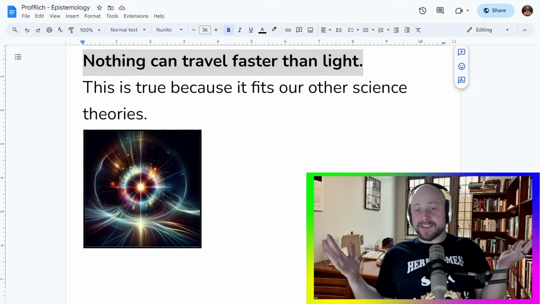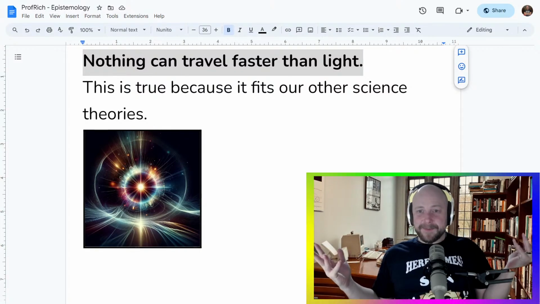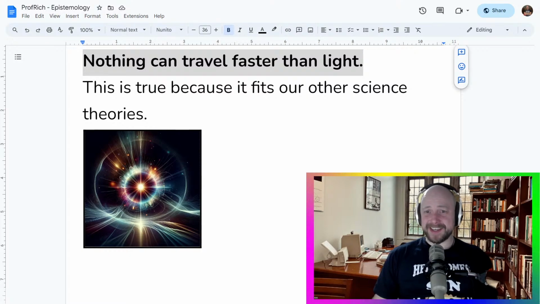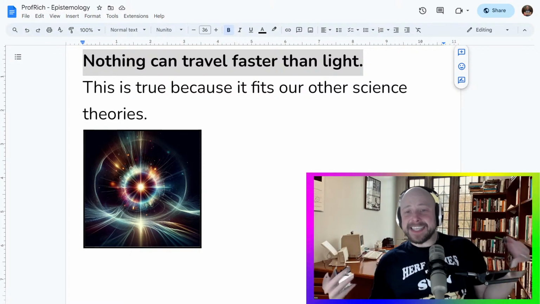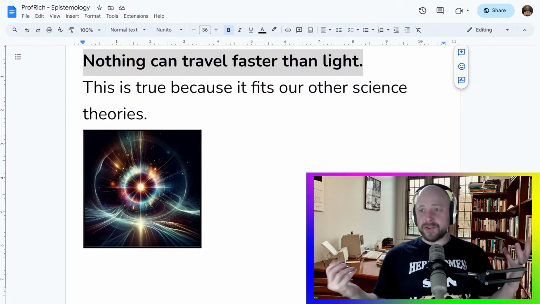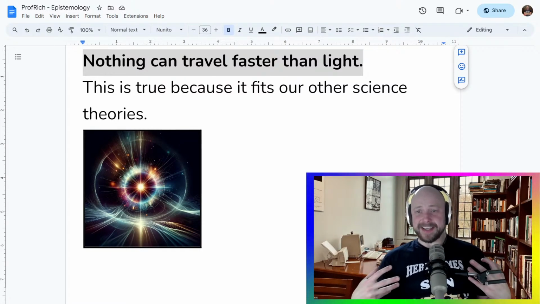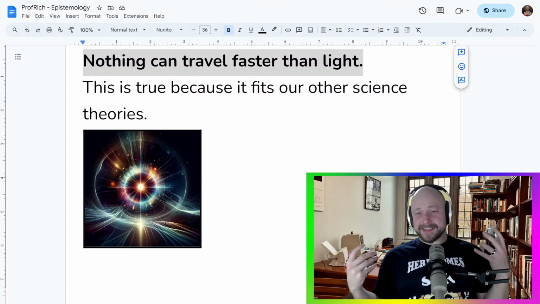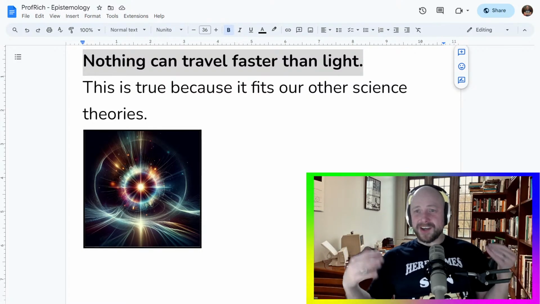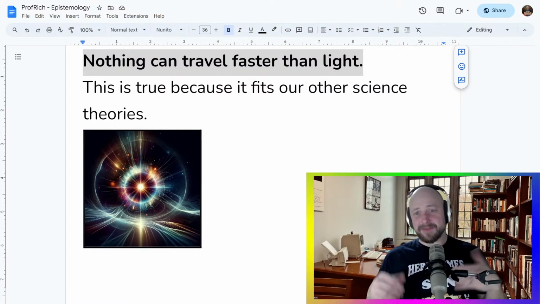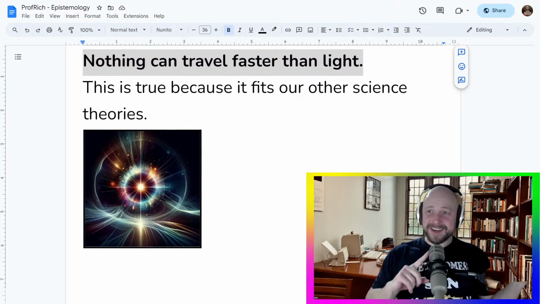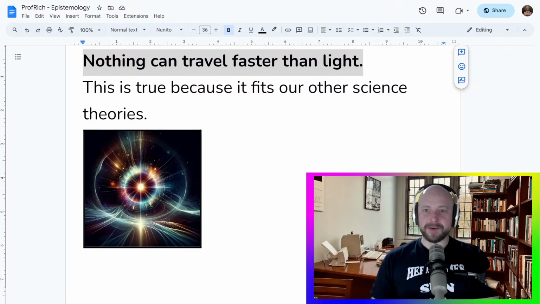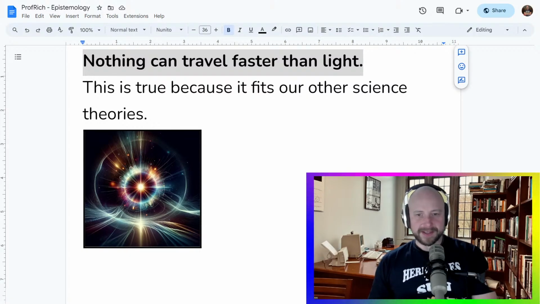And so we say, well, that's true, right? Like, for example, wave-particle duality. We can't actually see wave-particle duality happen. We can't experience it. It just fits. So therefore, we say that certain particles under certain circumstances can behave like a wave or like a particle. It just fits. It fits the other truths that we have. So that's coherence.